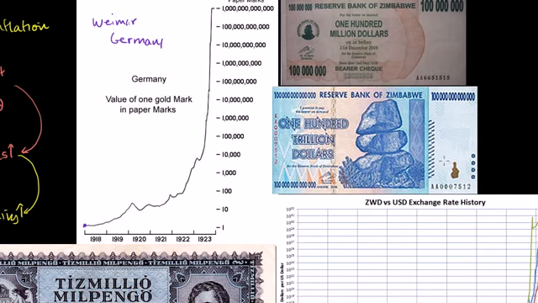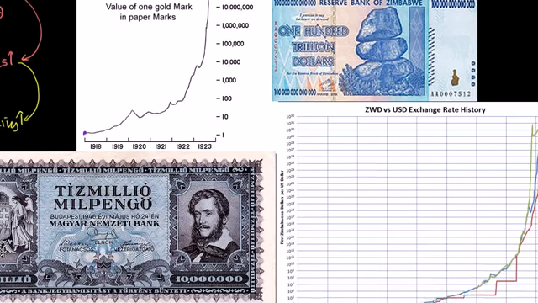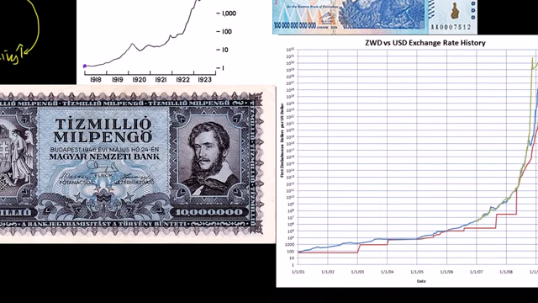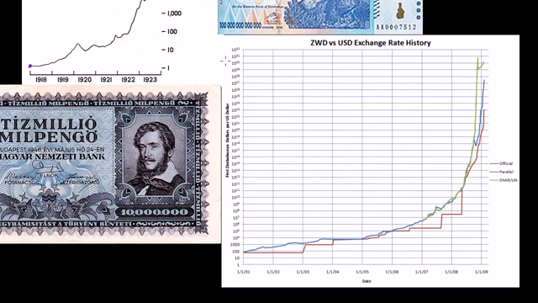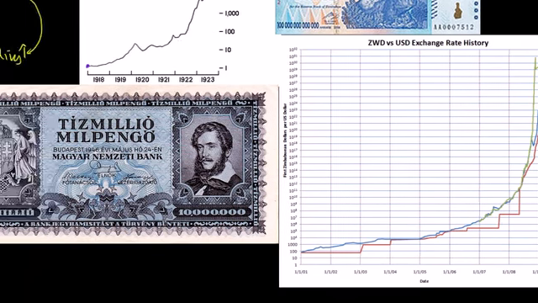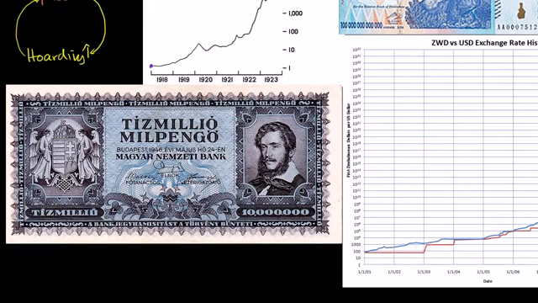The other famous example of this, Zimbabwe from 1980 until 2009, once again printing money like mad, and some of their productive capacity went away. This right here is a 100 trillion Zimbabwe dollar. And this shows you the Zimbabwean dollar relative to the US dollar. And once again, this is a logarithmic scale. This is 10 to the 30th power. And then the largest or the most extreme hyperinflation ever was Hungary after World War II. And this right here is a 10 million pengo note, just to give you an idea of what people were carrying around in their